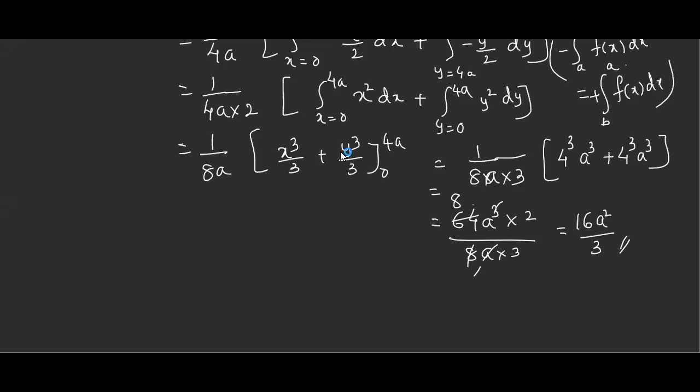You can check if you have your book. If you have calculated the area by using double integration, you can check in that example also. You might have got the same area if you have taken the same standard parabola. So area can be evaluated in different ways. Like that, using Green's theorem also we can evaluate. Is the part clear about Green's theorem?